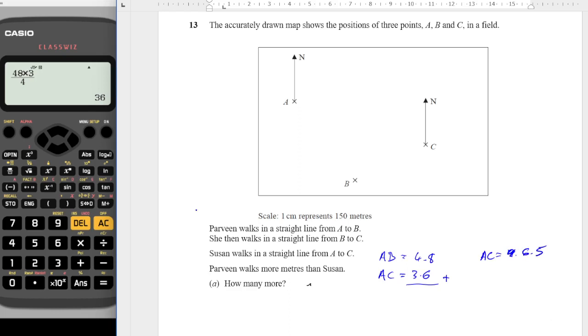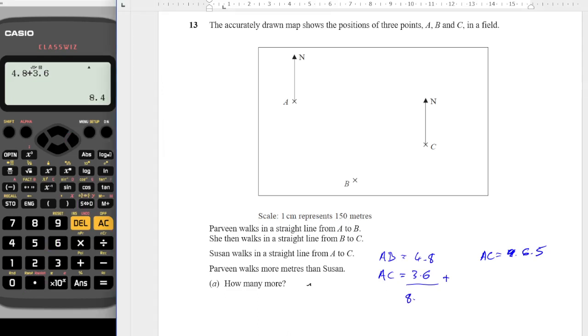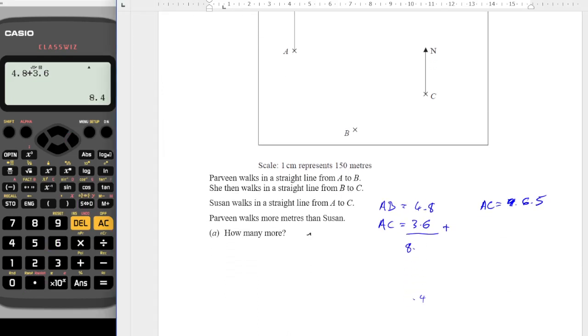So my total difference that Parveen walks is 4.8 plus, I've missed my decimal point out, plus 3.6. So they've walked a total of 8.4. So I'm going to work out the difference in distance between their two journeys in centimeters to start with. So 8.4 minus 6.5 is going to be equal to